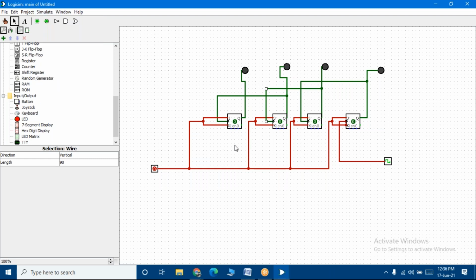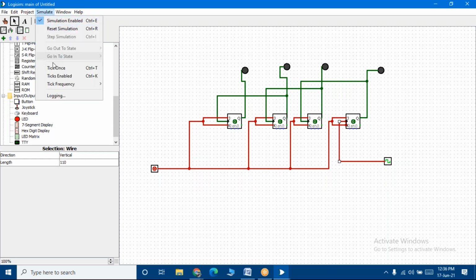There is something wrong, students. That is why I've got a red color here. Let us check what is wrong. Can you figure out anything which is wrong in the connection? I've connected everything here. J and K I've done.